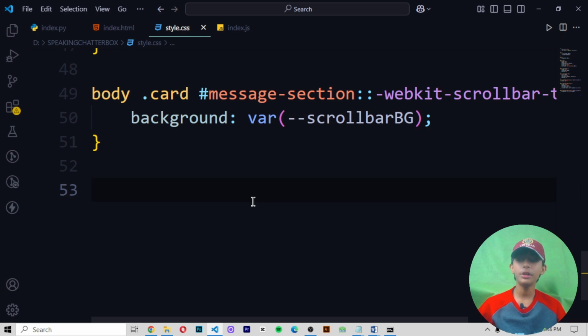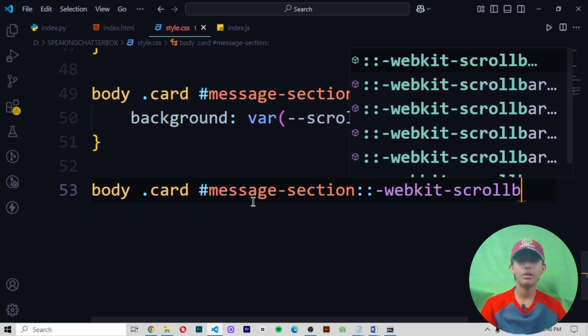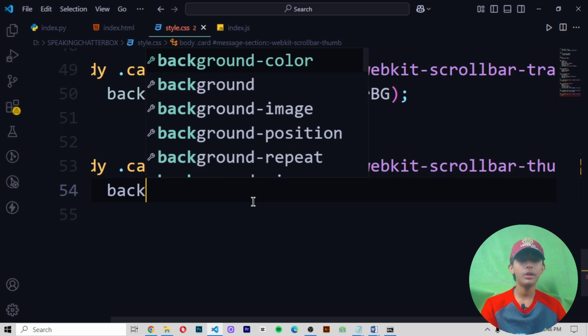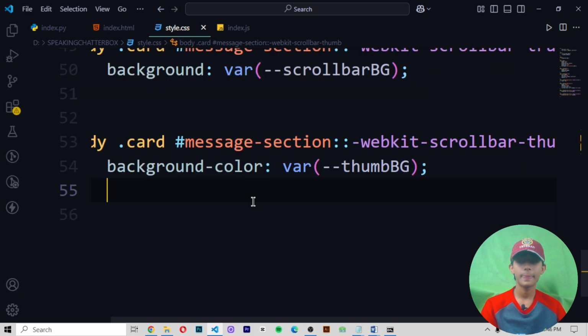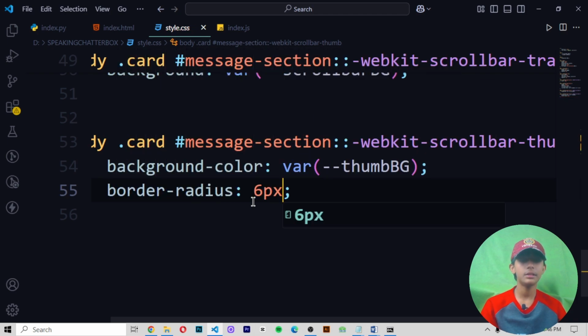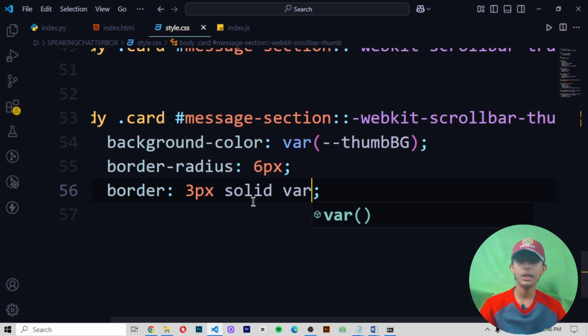Now you only want to do it, right here body.card hashtag message slash section slash webkit slash scroll bar slash thumb. Now in here, background color should be var / thumb BG. Border radius should be 6 pixels. Add a border 3 pixels solid var / scroll bar bg.